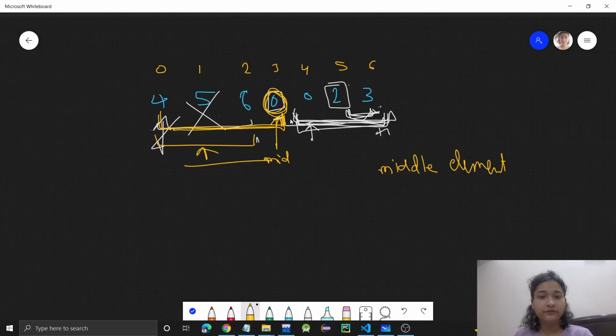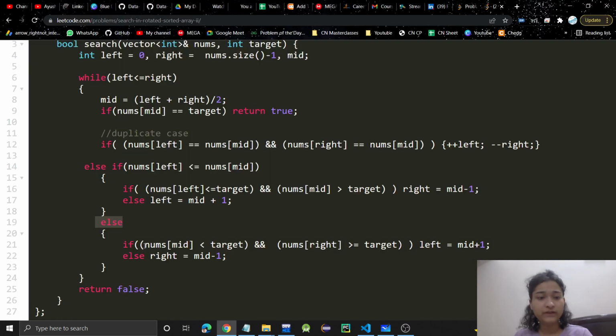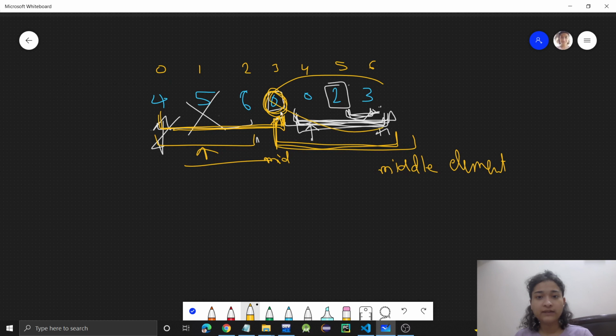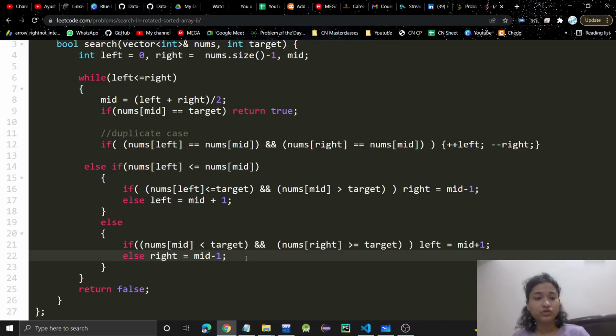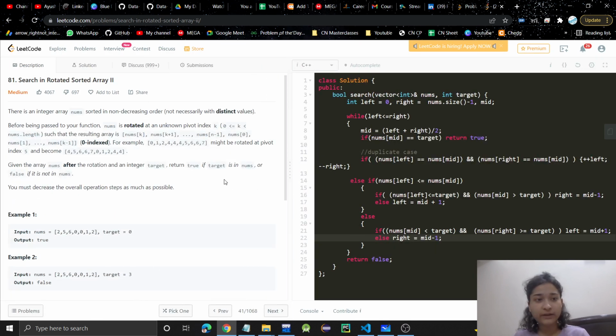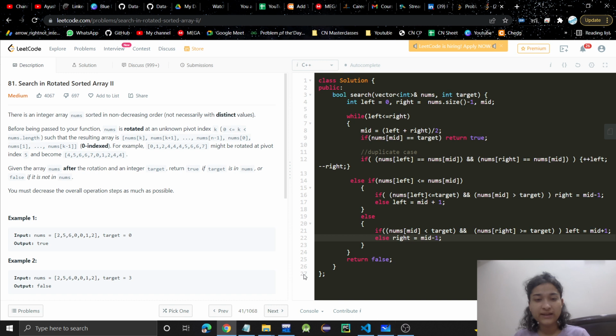Otherwise, in the other case, we check if nums of mid is greater than target and so on. Basically we check whether the target lies in this half or in that half. I hope you understood this problem. It will be more clear if you dry run it by yourself once. You will get the basic idea of how to approach these kinds of problems: we have to check which part our target lies in, and accordingly move to that part.